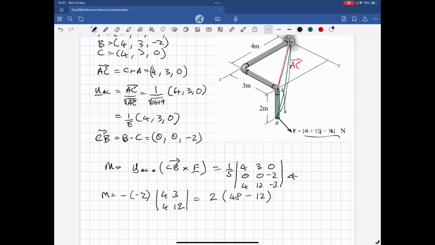Forgotten the fifth, times by a fifth. So 2 over 5, which comes out to be